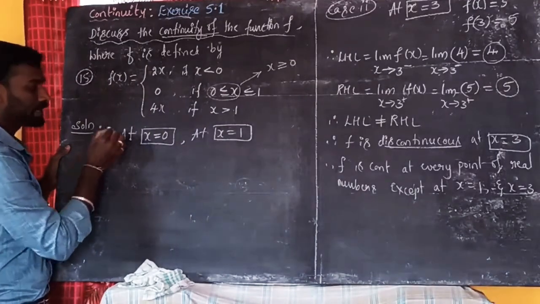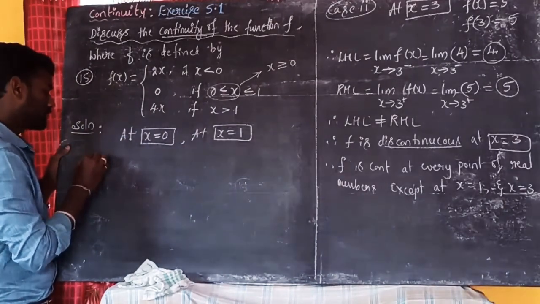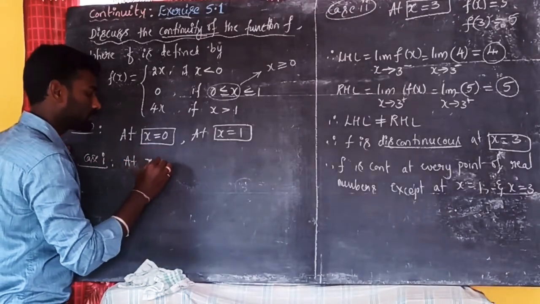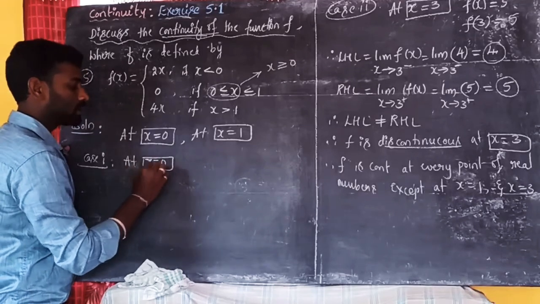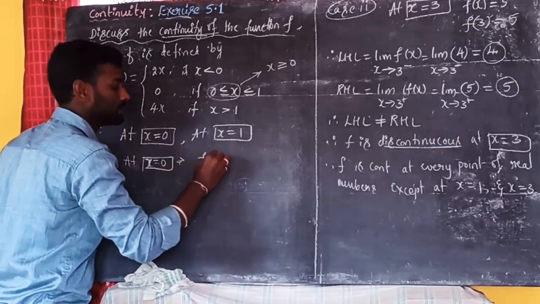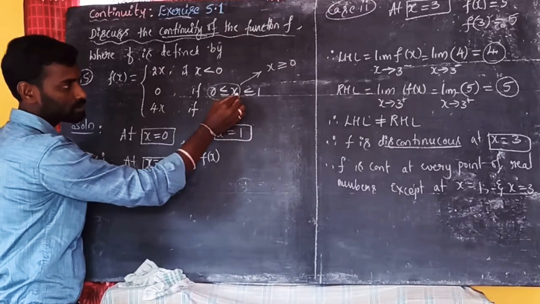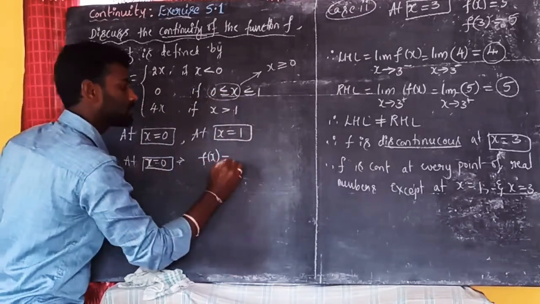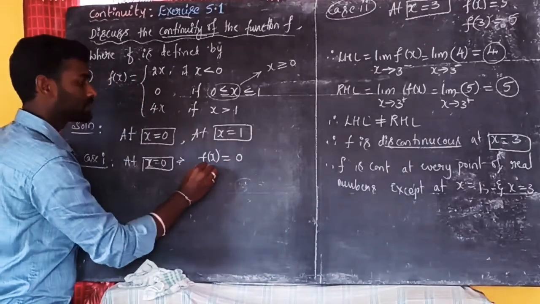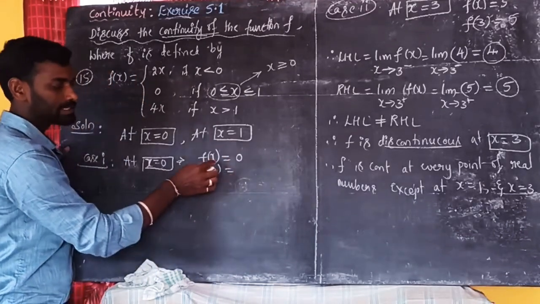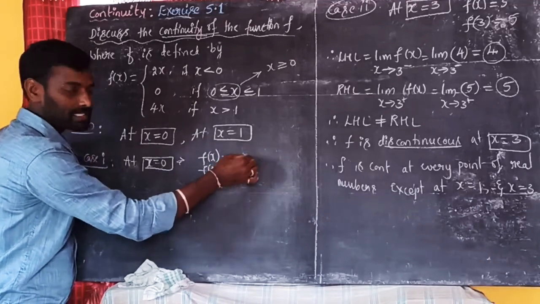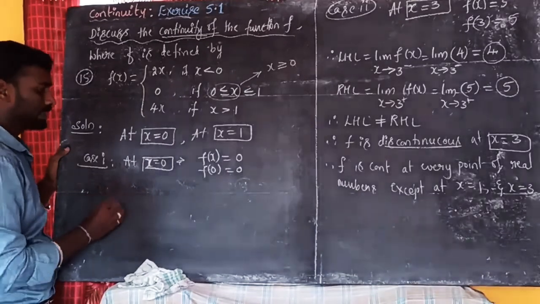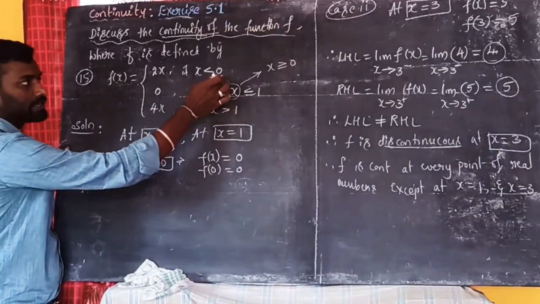Okay, now solution. Observe guys. Case 1, at x is equal to this point 0. At x is equal to 0, our function f of x is what guys? At x is equal to 0, the equal to symbol is there for this 0, so that function is what? 0. Okay, therefore f of 0 is equal to what? At x is equal to 0, 0. Here x is not 0, so simply write this. Okay, now next, here this function has an inequality for this 0.